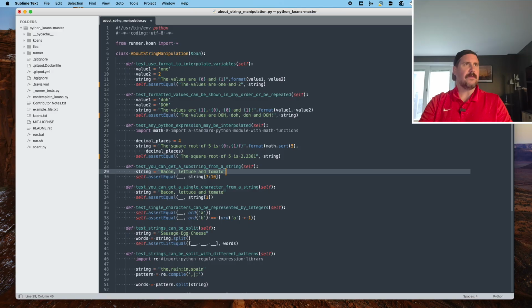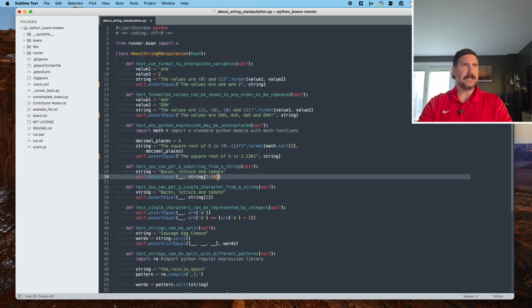And then in the assertion, we have this slice syntax that we saw with lists, where you can take the items in a list and get back a subset of them from one index to another. And so if that is the case, I assume these indexes point to